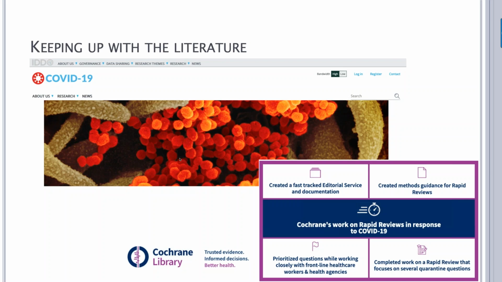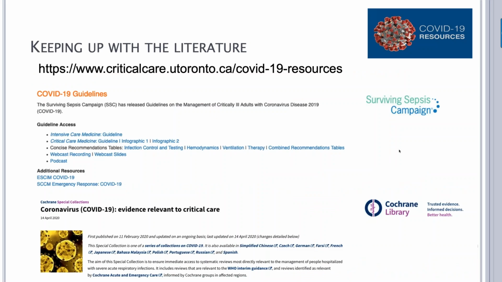So how do you keep ahead of this? Well, there are several things available. You can look at keeping up with the literature. You can go to several websites to sort out where the current trials are and where the therapies are. This is the Infectious Disease Data Observatory, which is a nice reference source for ongoing trials as they move through. The Cochrane Group is developing a rapid review of systematic reviews of ongoing clinical trials, which should also provide a valuable resource. We also recognize that there are certainly other resources.